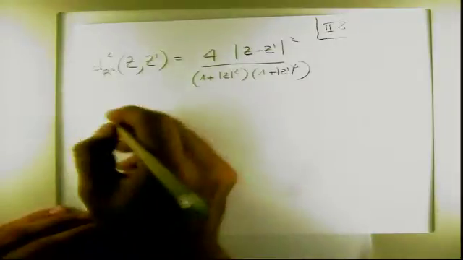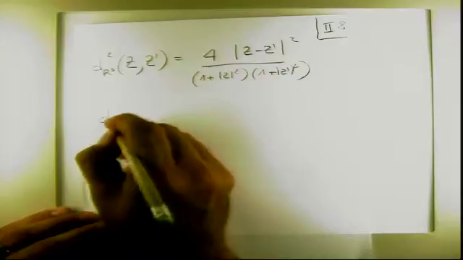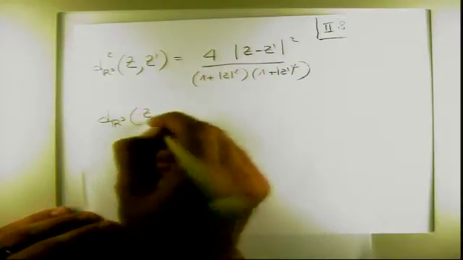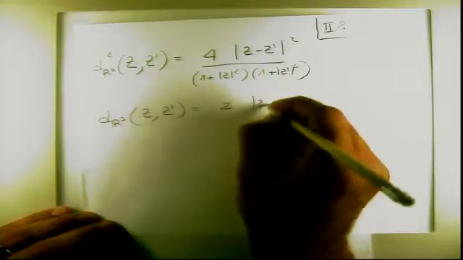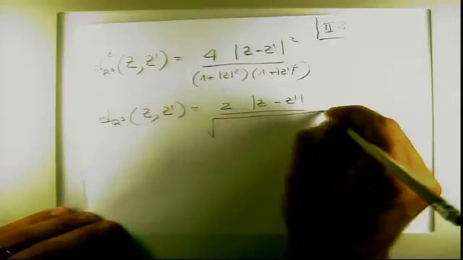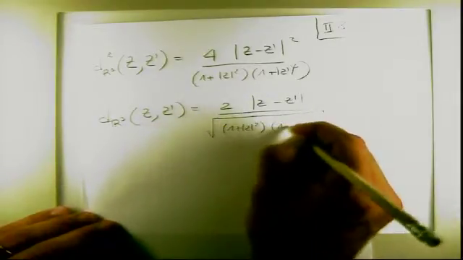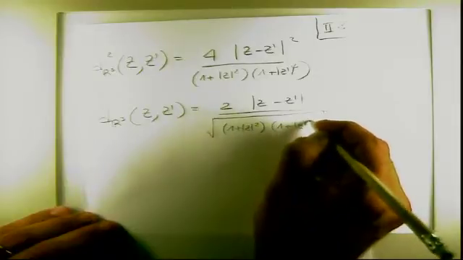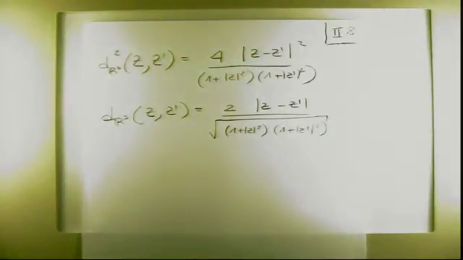So the distance is, in fact, times over the square root of this number. This distance is valid for any pair of